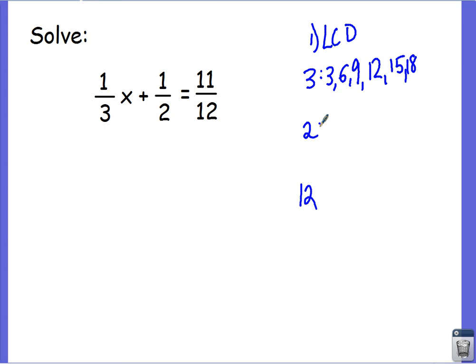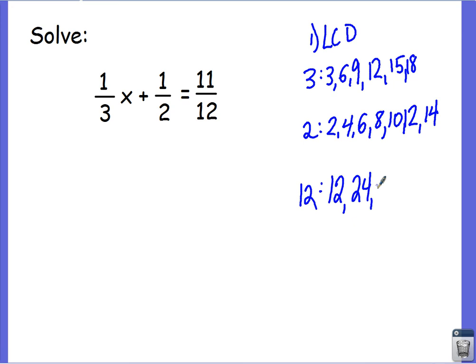The multiples of 2: 2, 4, 6, 8, 10, 12, and 14. And the same way, 2 times 1, 2 times 2, 2 times 3, 2 times 4. And 12, we're only going to do a few of these. So first one is 12, 24, and 36. Okay? And same way, 12 times 1, 12 times 2, 12 times 3. Okay? And you find out really fast that the first number that they have in common